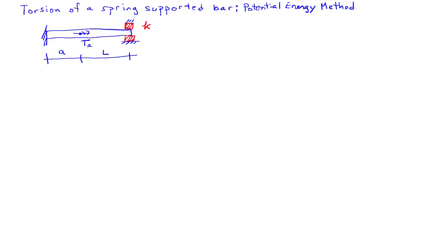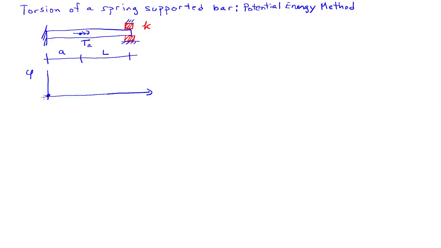In this example, I'd like to examine the torsion of a bar that's supported with a spring support with torsional spring stiffness K, and I'd like to examine how we can solve this using a potential energy method. So one thing to note is that in this system here, the rotation field for the bar has to